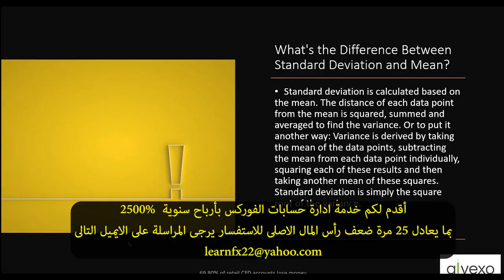So the standard deviation is calculated based on the mean, the distance. First we calculate the mean average, that is the moving average in the center. From there, a standard deviation is calculated based on the mean or the average. The average distance of each data point from the mean is squared, summed, and averaged to find